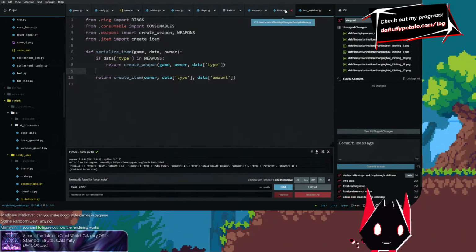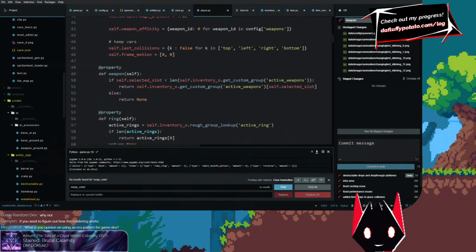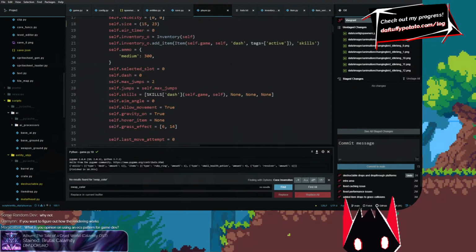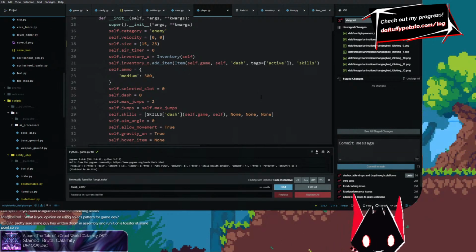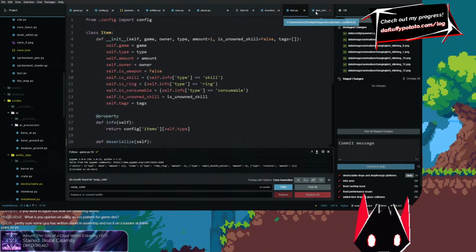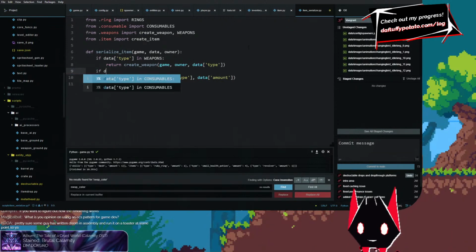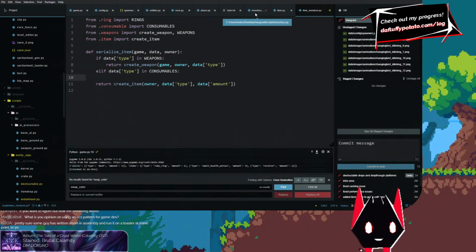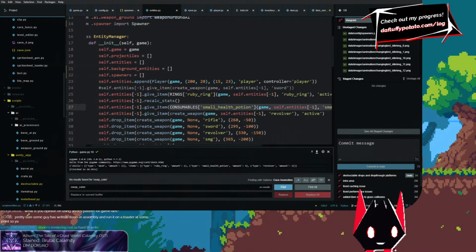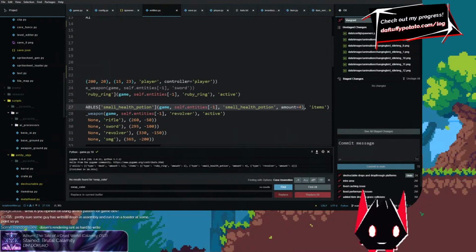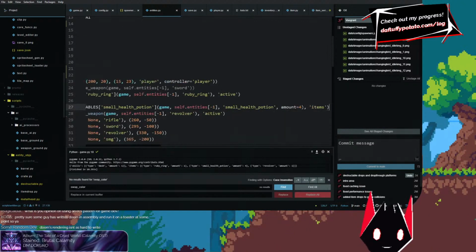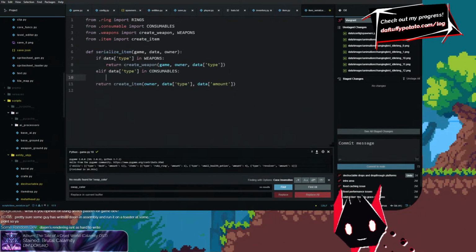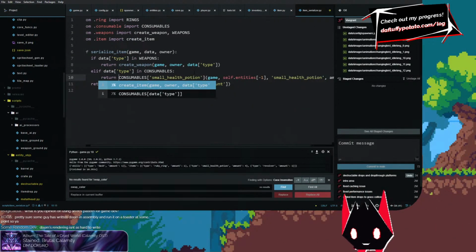So now, okay, wait, this needs to be elif data type in consumables, and then I need to go over to entities and then copy this. Return